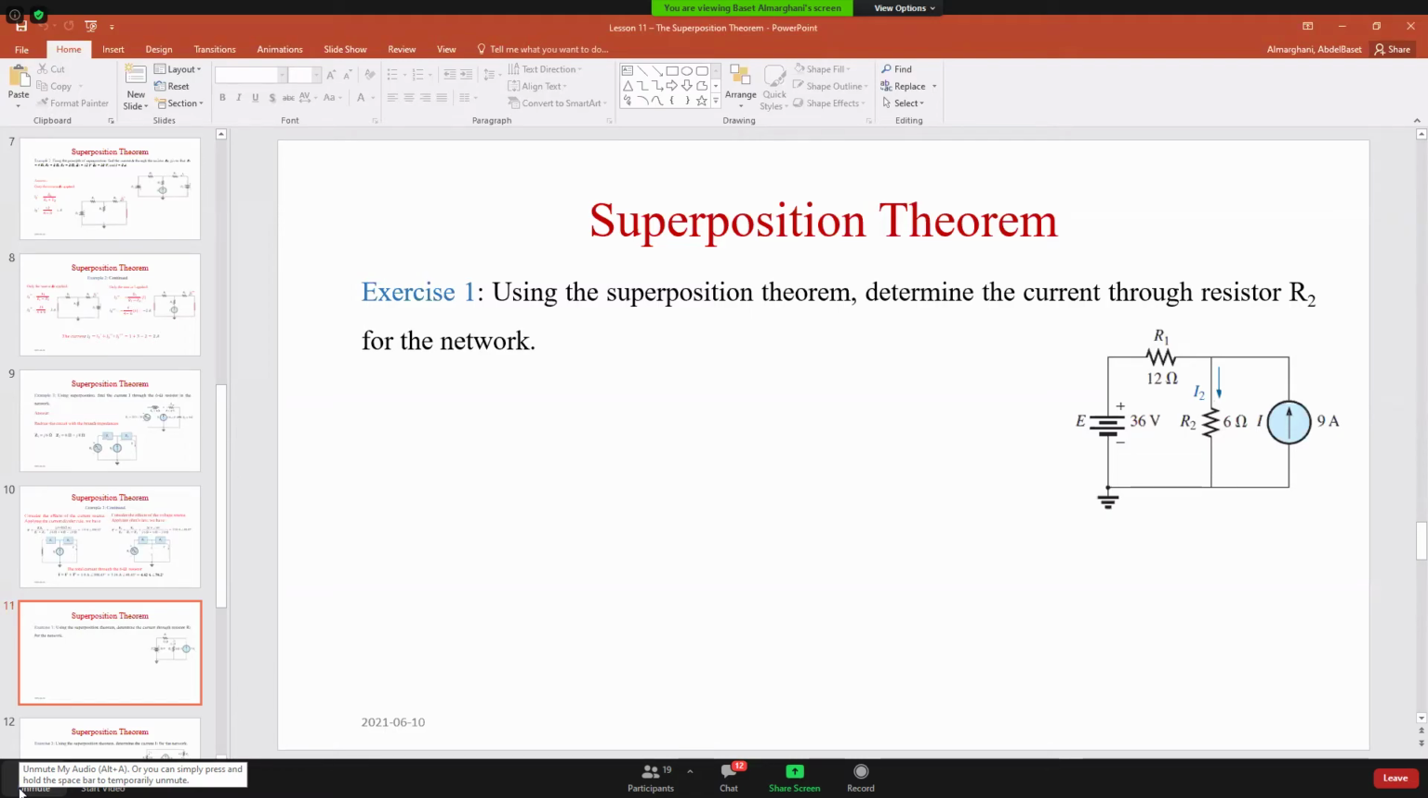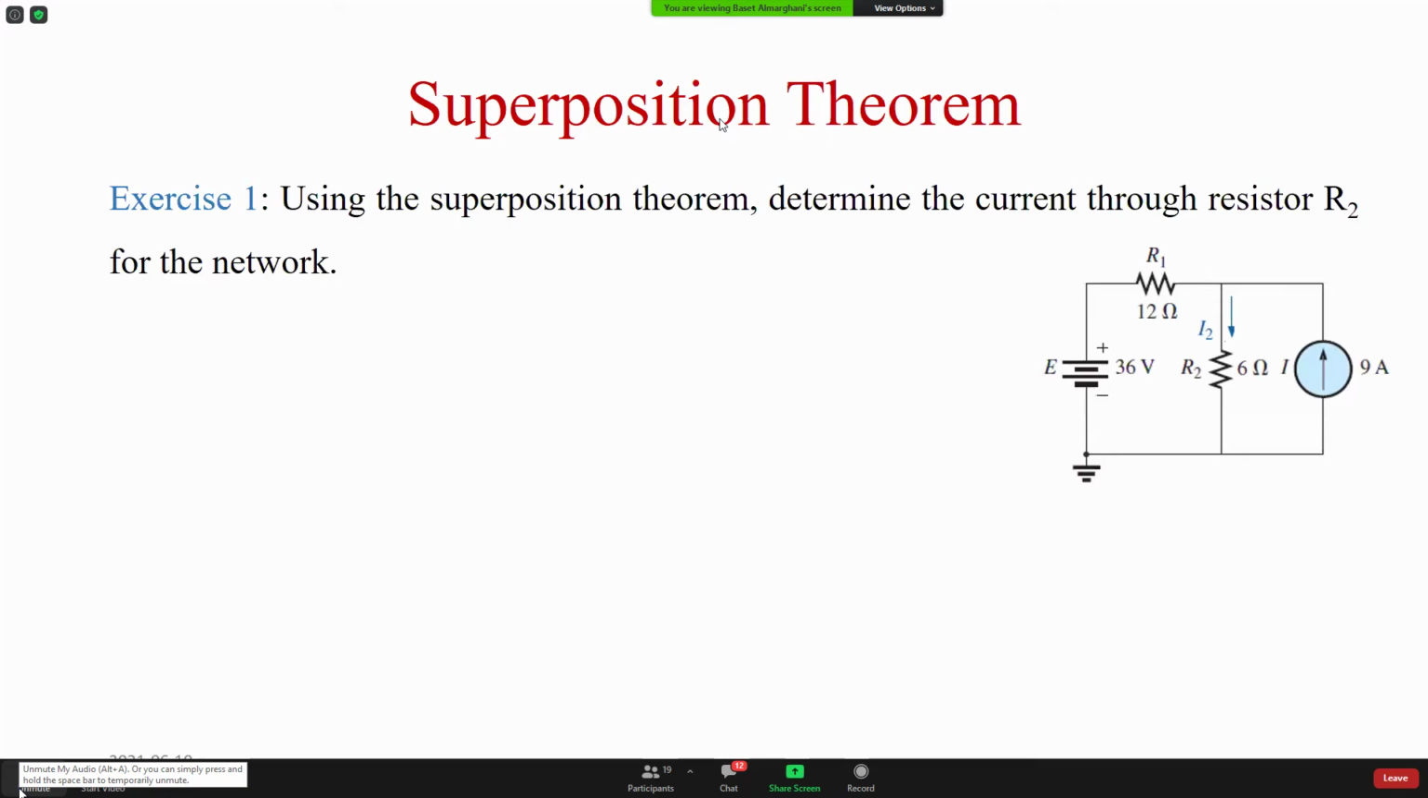Okay, so the concept of the superposition is applied only when we have multiple sources. Here we have 2 sources. So we're going to have 2 circuits and what we want to find. So this is one source. Maybe even, let me just do it in the middle. And this is the second source. At the end, I'm going to find I2. This is what I want to find. I'm going to find I2 because of the first source, plus I2 because of the second source,